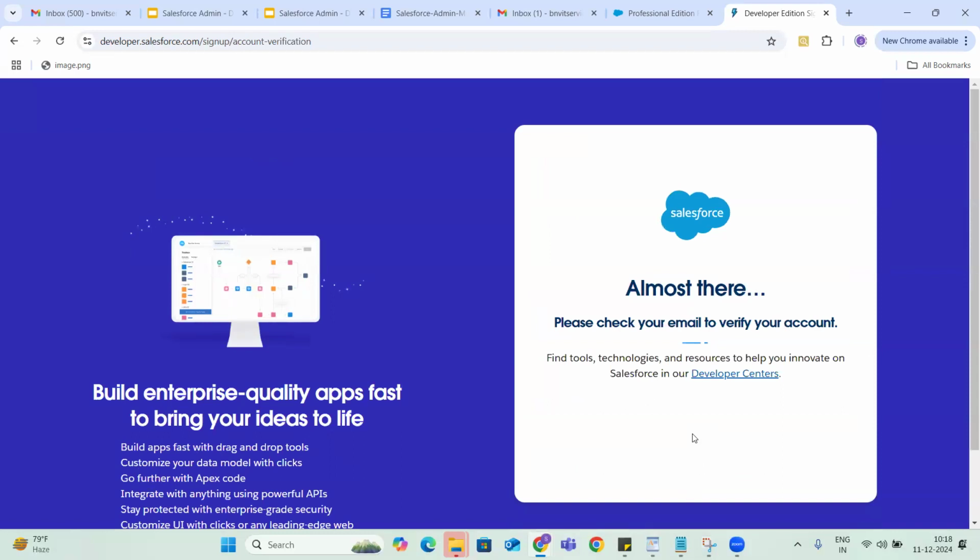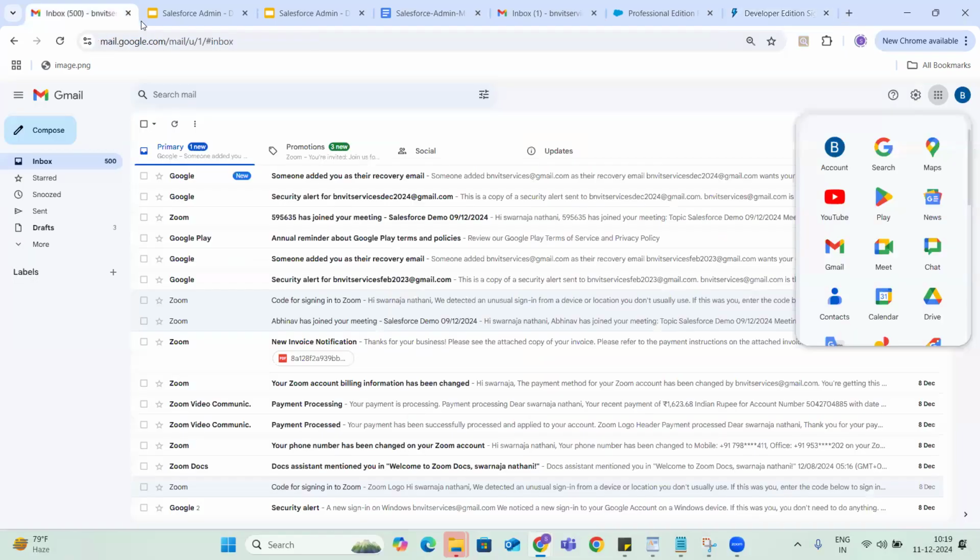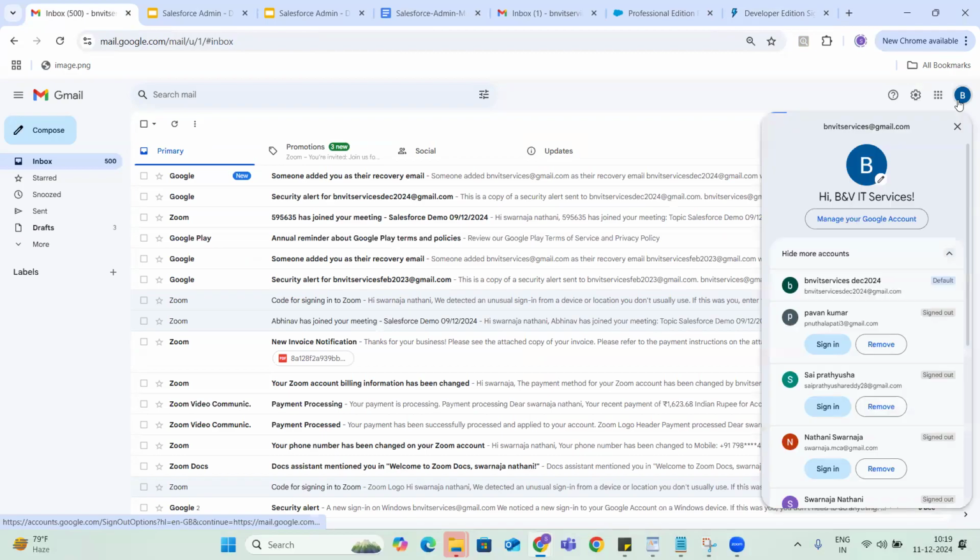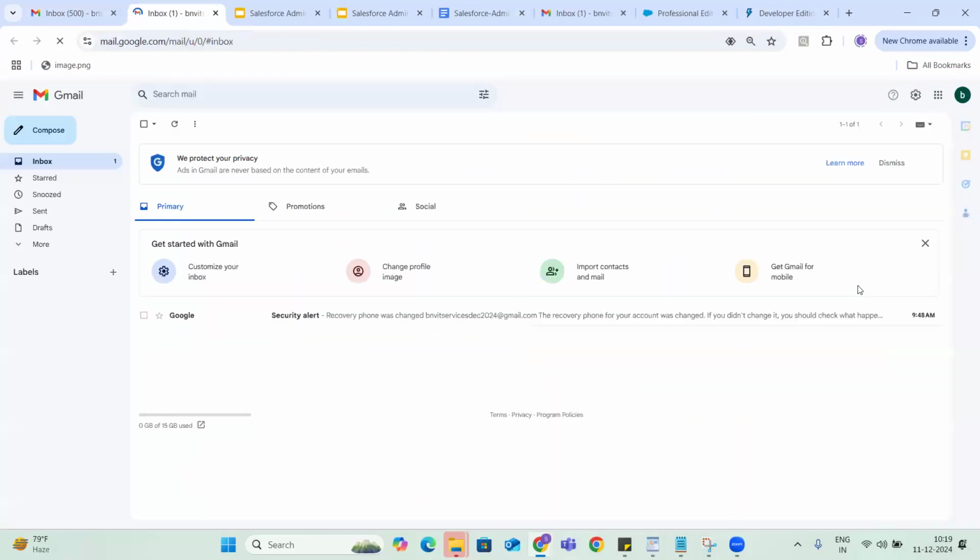It is saying I'm almost there. Please check email to verify your account. So now I'll go to my email and verify. I haven't received it.